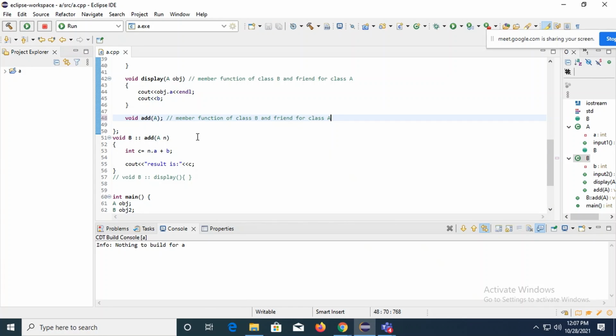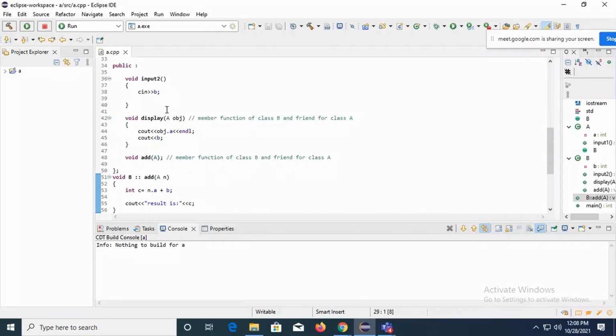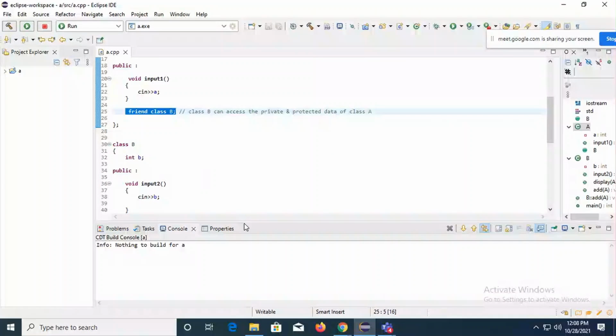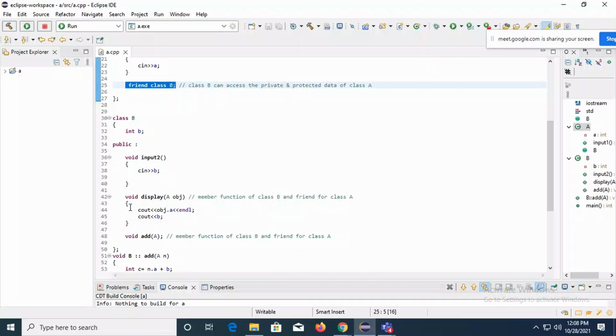As it is a member function, I had written the definition outside, and I'm accessing the private data of the class where I declared this whole class as a friend. So this is possible when I'm making a class visible as a friend. Fine. It is not possible to directly access it. If I had not written this statement and I'm directly executing this, will it be executable? No, it will not be executable.